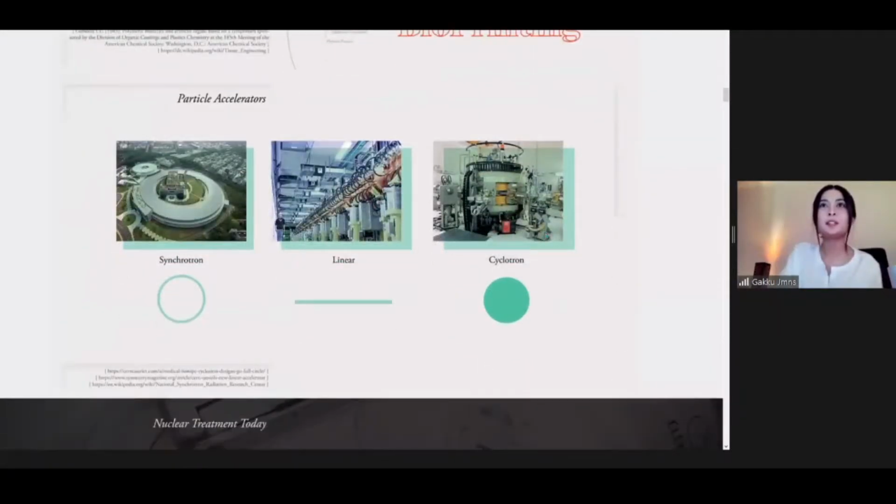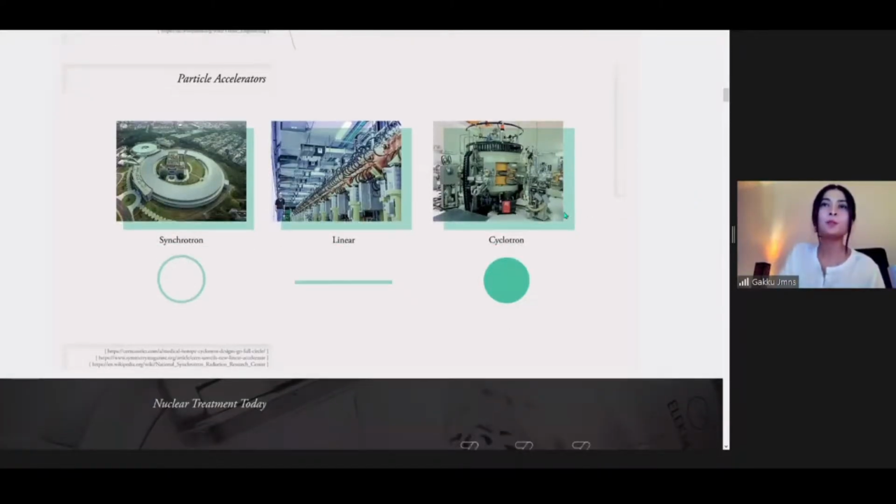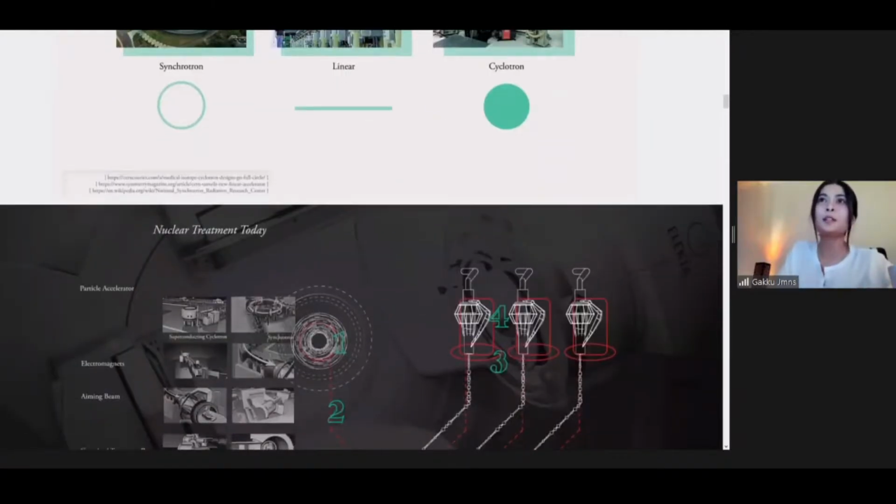A particle accelerator is needed for the fabrication process to make it attainable. There are 3 ways to accelerate particles: via synchrotron, linear machine, and cyclotron. Formally, the first one has a torus shape, the second one represents a line, and the third one represents a cylinder. The synchrotron type machine is the latest accelerator type and the most efficient. We use them in many fields. Regarding healthcare, we use them only for 2 reasons: to treat cancer and to do advanced imaging.